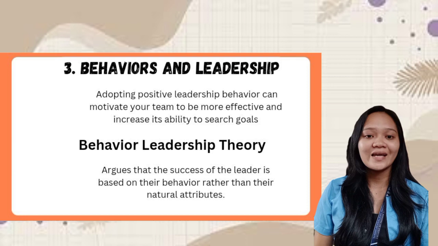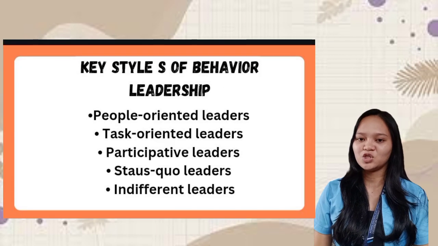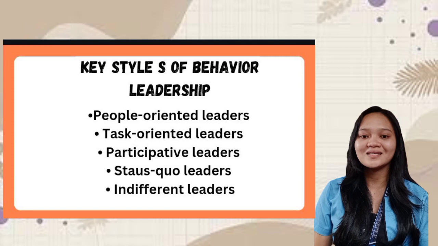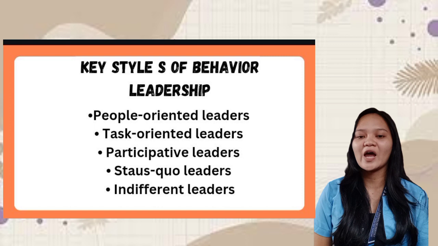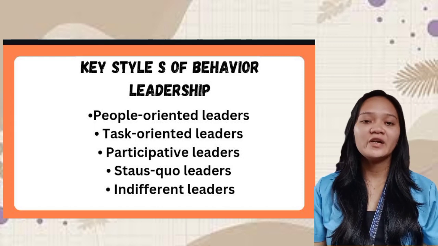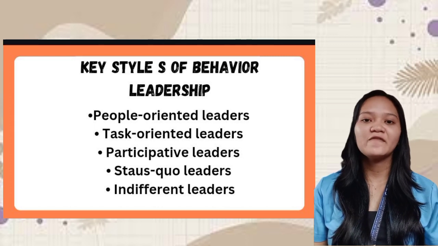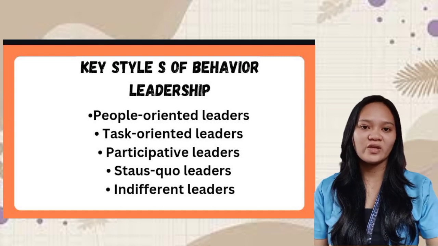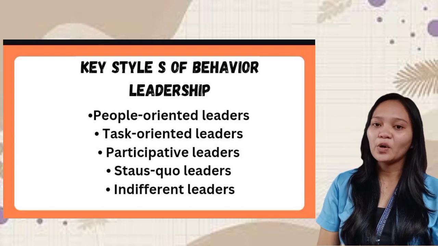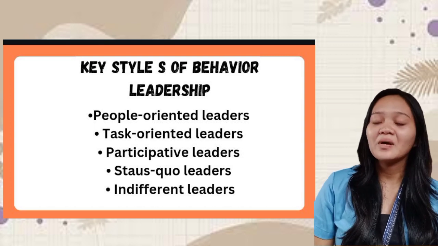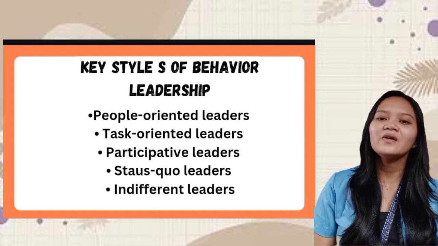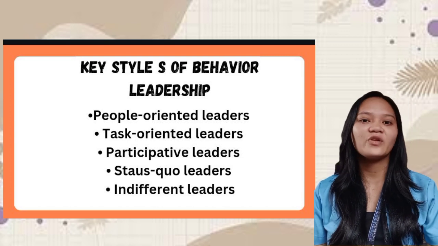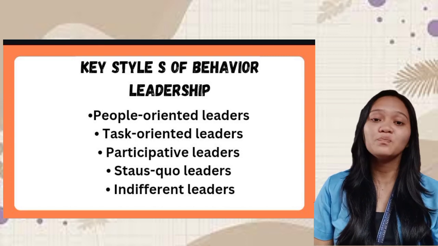There are several styles of behavioral leadership. Each one involves a different set of behaviors and may be more or less effective in certain work environments. First, we have people-oriented leaders. People-oriented leaders focus on behaviors that allow them to meet the needs of the people they interact with, including supervisors, employees, and clients. They are primarily driven by interpersonal connection and communication. People-oriented leaders build relationships with their team members to motivate them to perform well.